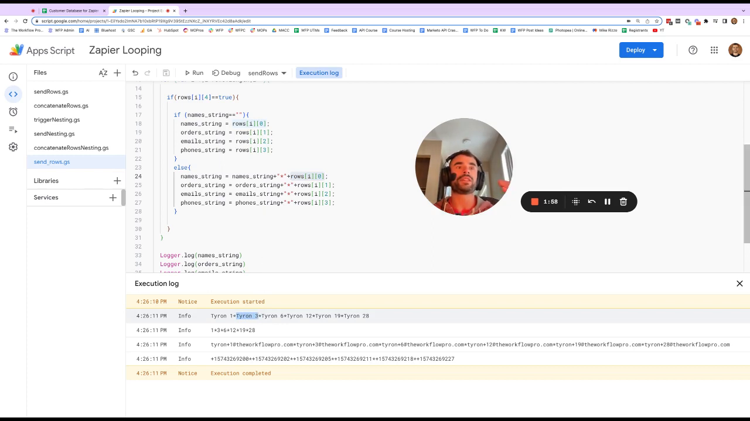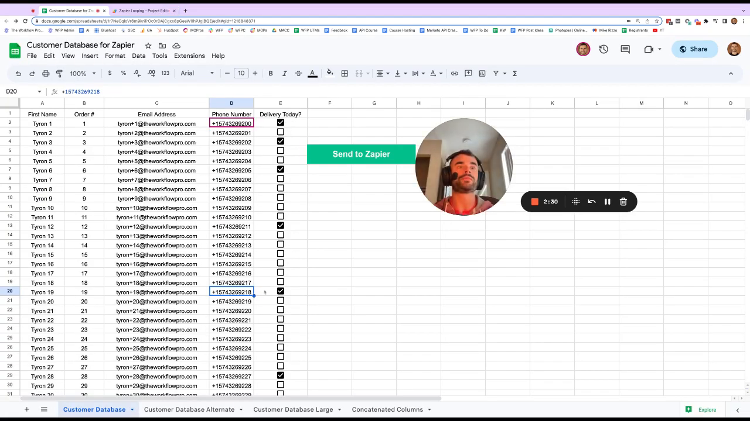And then we'll come into this section again. There's already a value in the name string, so we don't come in here. We go to the else statement here, and then we'll take whatever is in name string already, which will be Tyron1 asterisk Tyron3. Let's add another asterisk, and then let's add the new name, which will be Tyron6. And then we repeat this for all 4 of the strings each time the delivery today column is equal to true. And then the output